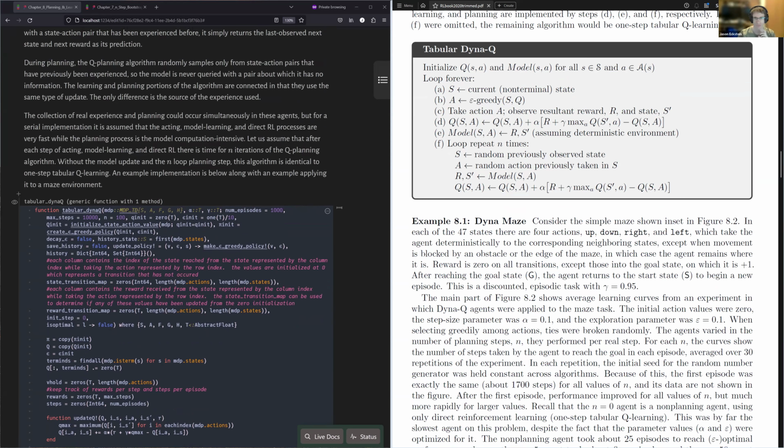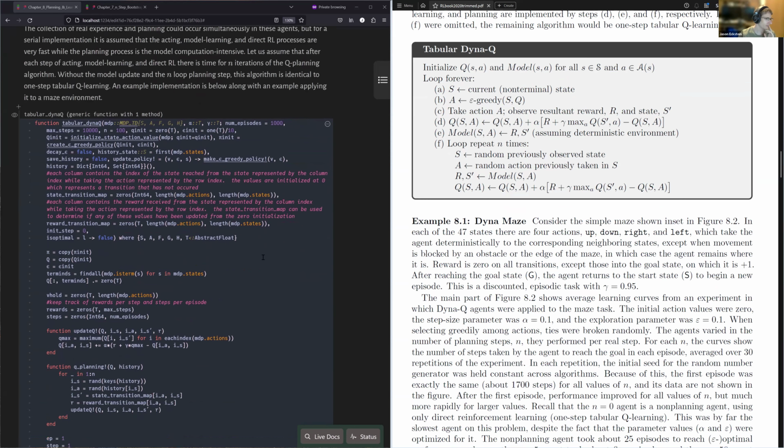I mean, the way I did the lookup table is a little different and it might be more optimal if you have a small enough environment. But the most straightforward way is just to have a dictionary lookup where you have these state action pairs and they map to a reward and a state transition. So we can see that, if you take out the planning, this will look just like one-step tabular Q learning,